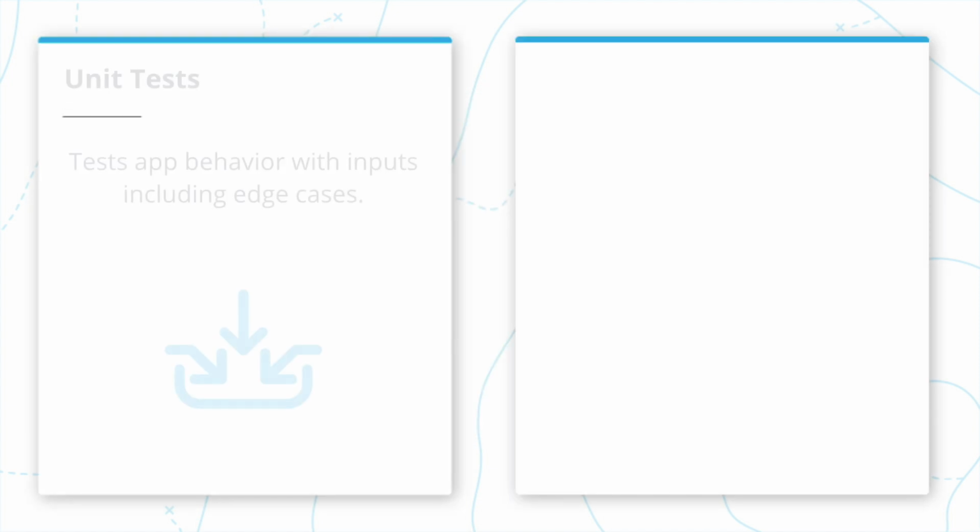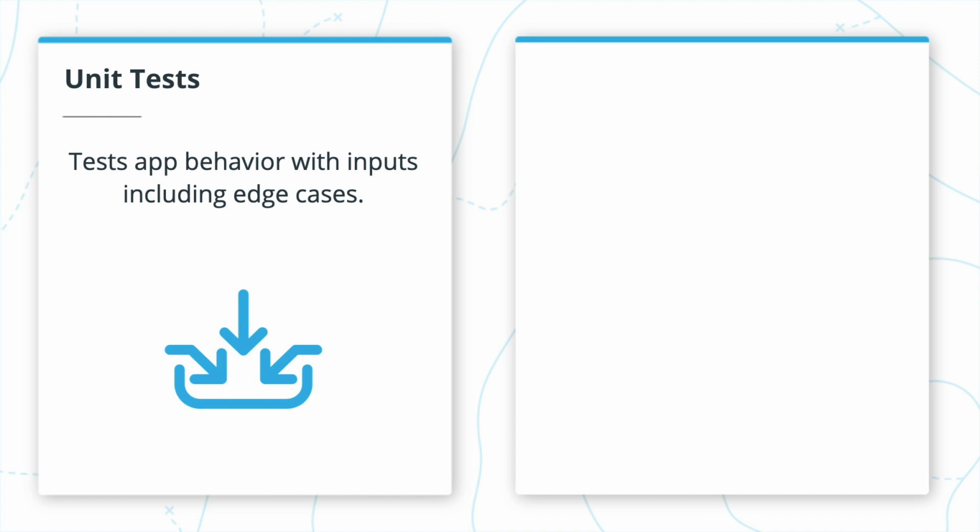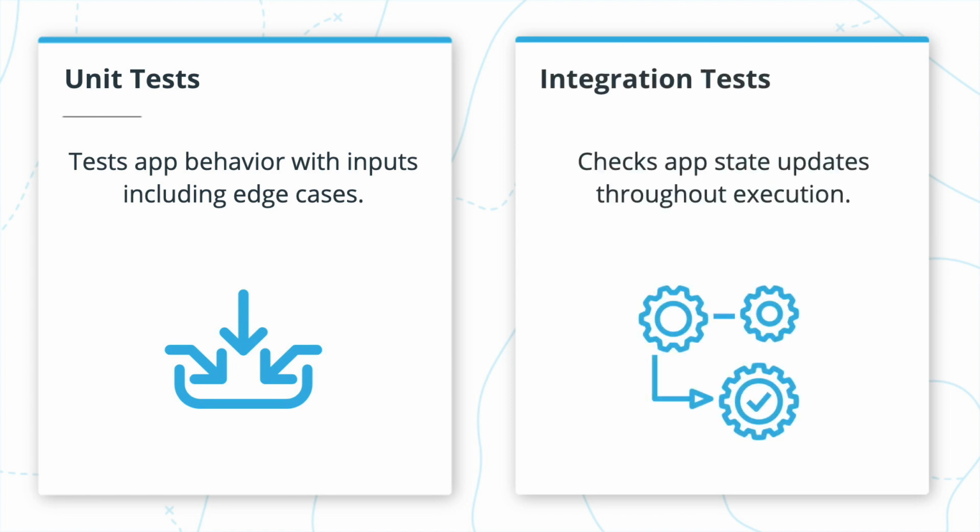Use unit tests to check that your methods behave correctly for valid sample inputs and that they handle edge case inputs correctly, nulls, for example. Use integration tests to simulate user actions and trigger complex processes within the app, checking that the app state is updated correctly throughout execution. There are other layers and styles of testing, but these two are the fundamentals. They verify an application's correctness during the development process, which is invaluable to the application's developers.